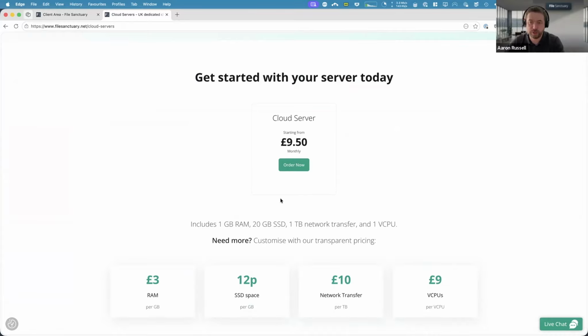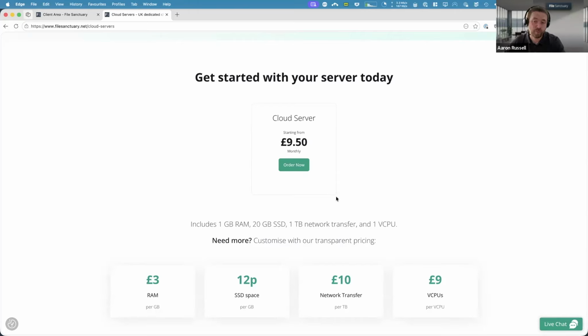So if you want a server that has tons of RAM but not much storage and not much CPU, or if you want a CPU-heavy machine that doesn't have much disk space, or if you want something that's just a storage powerhouse that has tons and tons of storage, you can customize that. You don't have to take RAM and CPU you don't need, or disk space you don't need. You can slice and dice this exactly how you want, just with one base plan and then these add-ons.